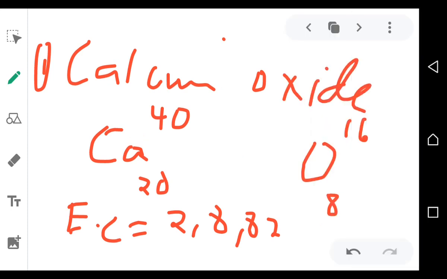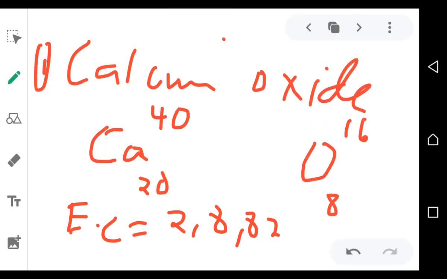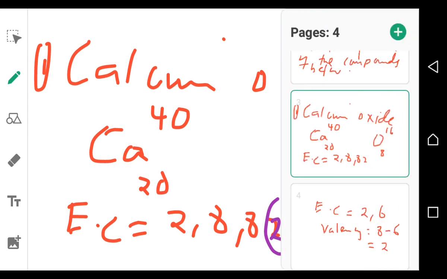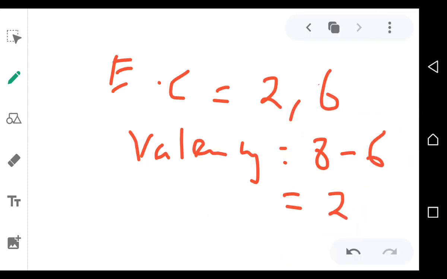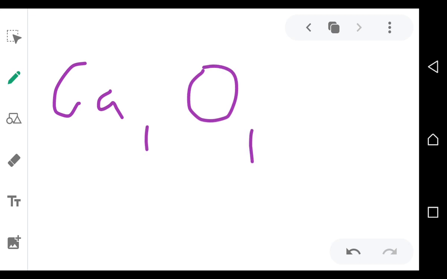These are the valences I have, right? The valence for calcium is 2 here at the end. You can see it's 2 at the end. That's for calcium. And then the valence for oxygen is 2 also. So it means I write the chemical formula now. So we'll say calcium oxide, and then I put 1, 1. Always down here I put 1, 1.